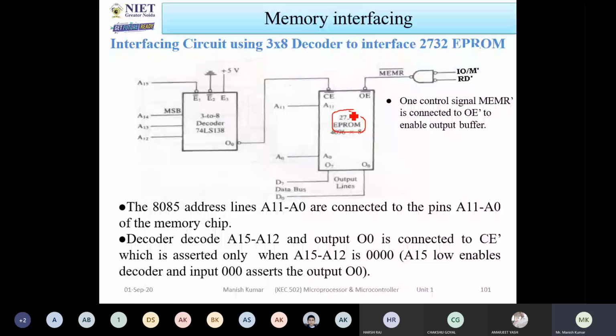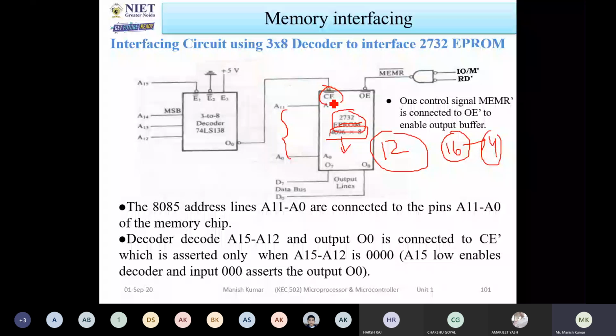With the 12 address lines, A0 to A11, we directly interface the address bus with the processor. But from A12 to A15, you know that a 16-bit address is required. For the 16-bit address, 4 bits are left. So these 4 bits are used as chip select or chip enable pins. How can you create the chip enable pins?